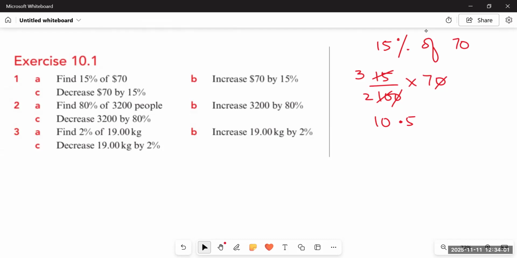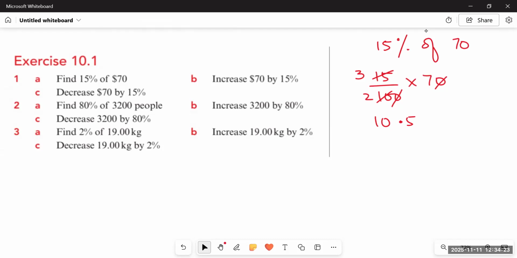You can easily calculate that 10% of 70 is 7. So 20% would be its double. You'll multiply 7 by 2 and there you go, it would be 14. And if it's 15%, you will halve 7 and add it to 7, so you'll get 15% of it. So basically, we have to learn what is percentage.